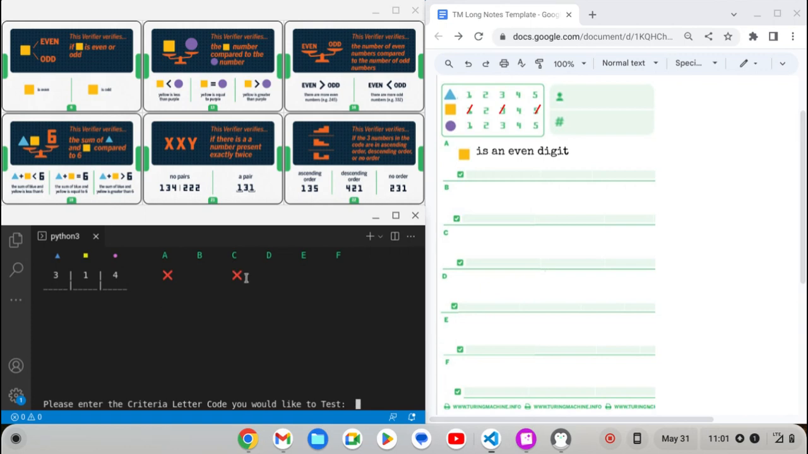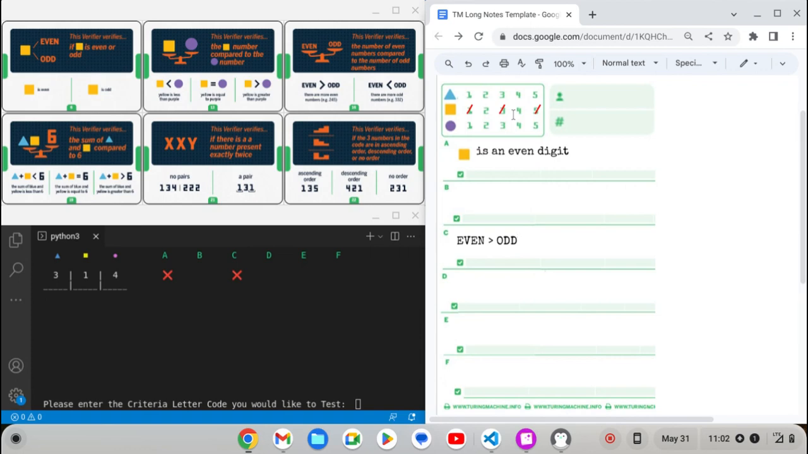Okay, so the Turing Machine responds that it does not approve of the proposal of 314. Notice that in 314 I've got 2 odds to 1 even. So obviously there should be more even than odds. So in my notes for criteria card C, I'm going to type in even is greater than odd. Okay, so at this point, our two possibilities are that yes, indeed, there are two evens to one odd, or